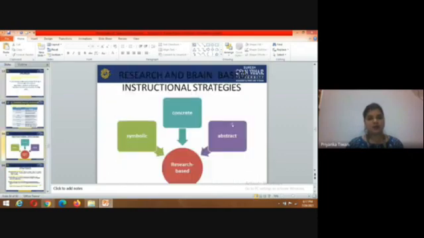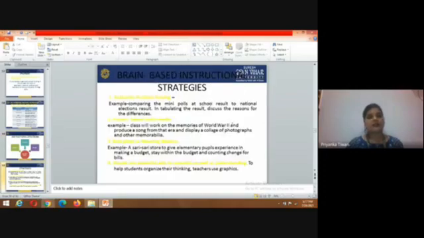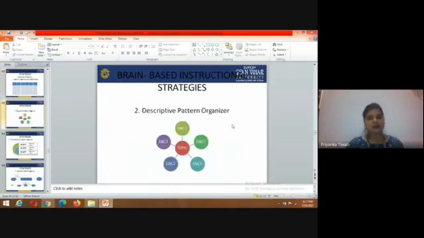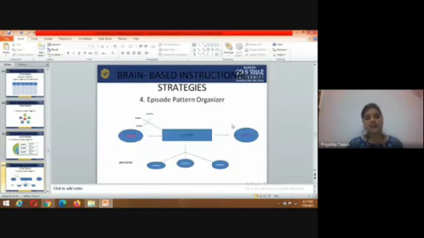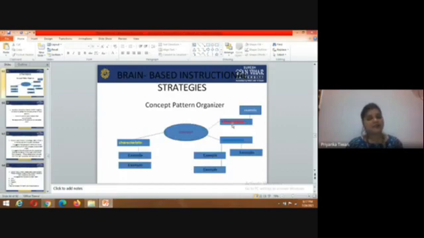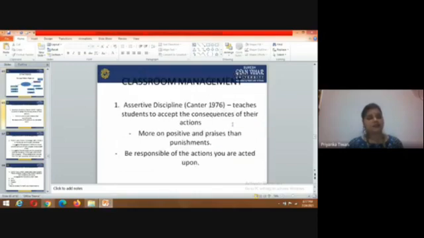Yes, now symbolic, concrete, research-based, abstract strategies, and brain-based instruction, and descriptive pattern organizer, and event, and we need to understand about the date, time, and venue, and episode of cause and effect, person. Then after the concept pattern organizer and characteristics example, and concept classroom management, assertive discipline, and then after we